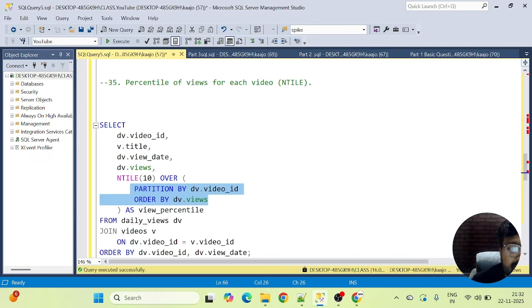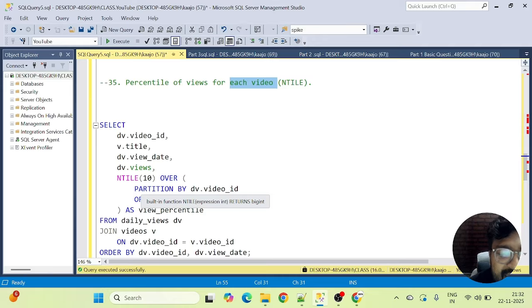Because they're asking for the percentile of views for each video, and when I say each video, we have to go with a partition by video ID, right? And because we need the percentile of views, we have to order by views here, right? It's very simple. When I read the words each video, I fairly have to do a group by, sorry, group by video ID.